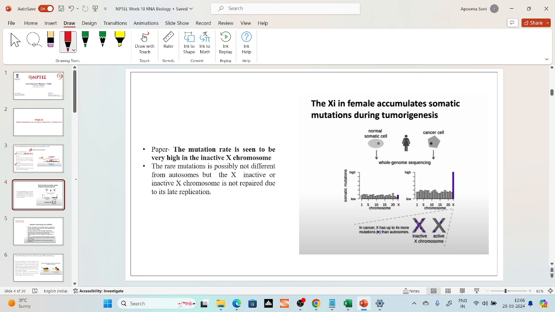In humans, XY is male and XX is female, so one of the X is inactivated, and this inactivated X is known as Xi. What this paper says is that the inactivated X in females accumulates somatic mutations during tumorigenesis. What does it mean? This inactivated X chromosome